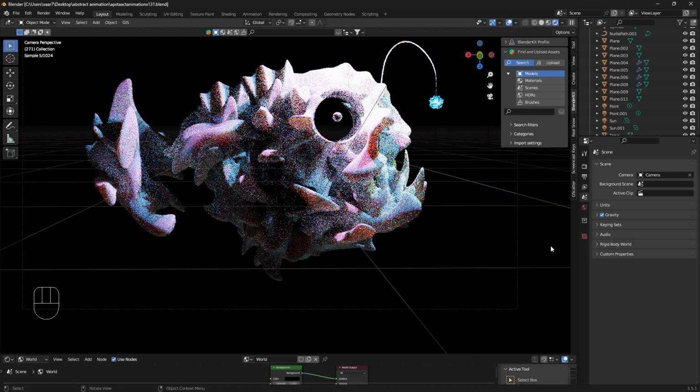Okay, so let me show you how you can use this abstract technique to make some really weird and cool